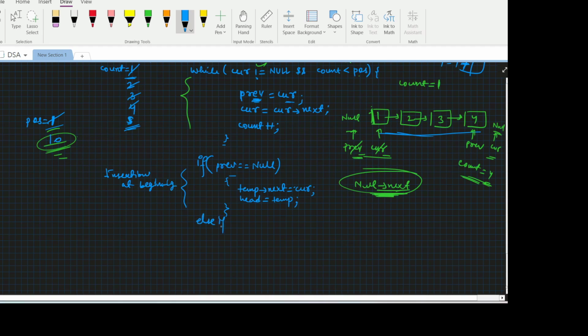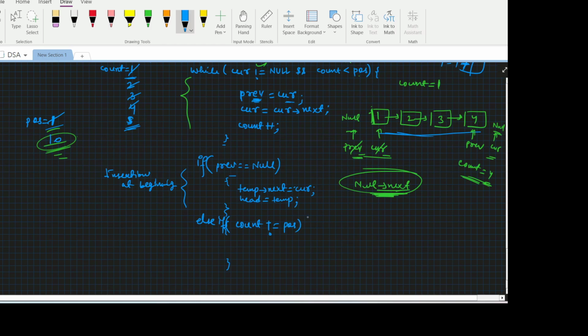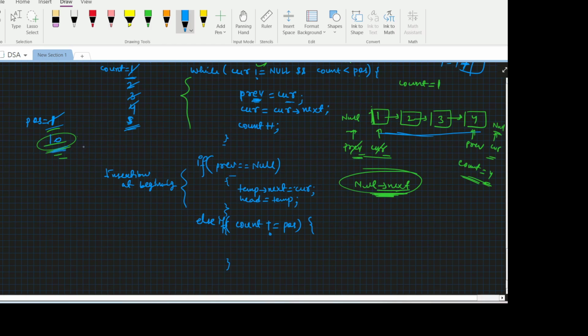Otherwise, we will check else if count is not equal to position. Okay. If count has not reached the position, and we exited from the while loop, then it means that our position is greater than the number of elements present in the linked list. So we will print that wrong position. Okay,